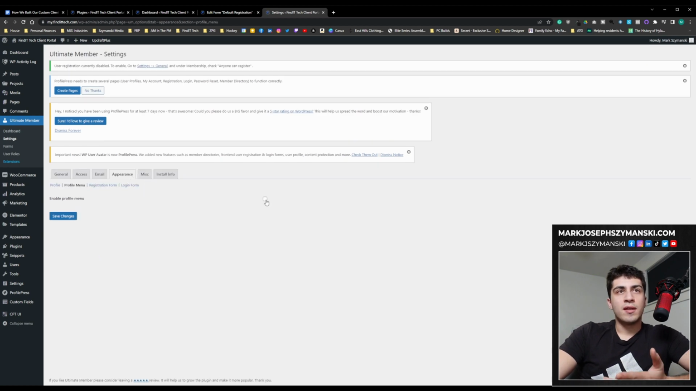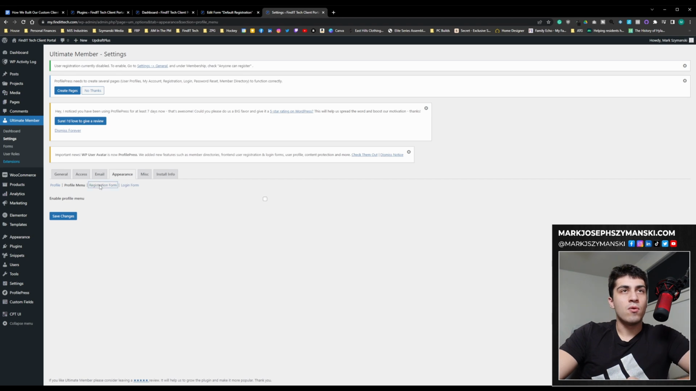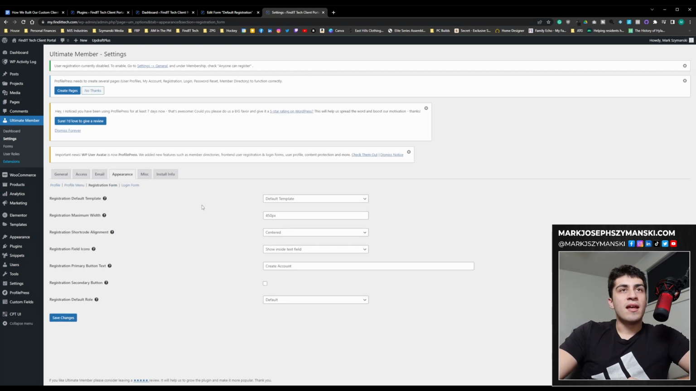Profile menu, so if you don't have it updated, then you don't even need to, but there's also about tabs, post tabs. Again, it's a social media thing. It's actually really cool. I just don't need to use it. And then registration form, so I definitely did change some things here. Probably I changed it to create account, just more specific,